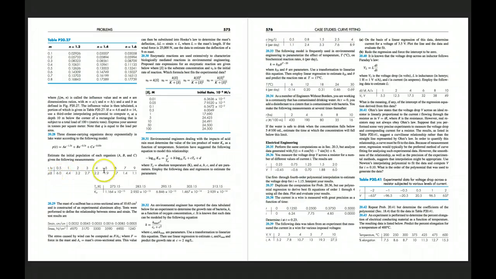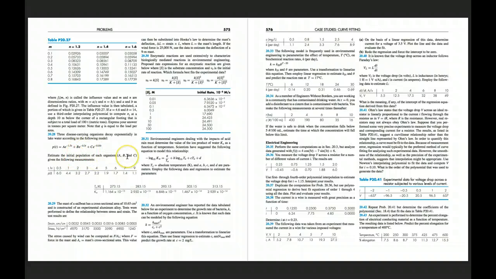the units are not given, but these could be thousands or millions or per some unit volume of the lake water. And so we are to find out the parameters A, B, C, which are technically the initial population